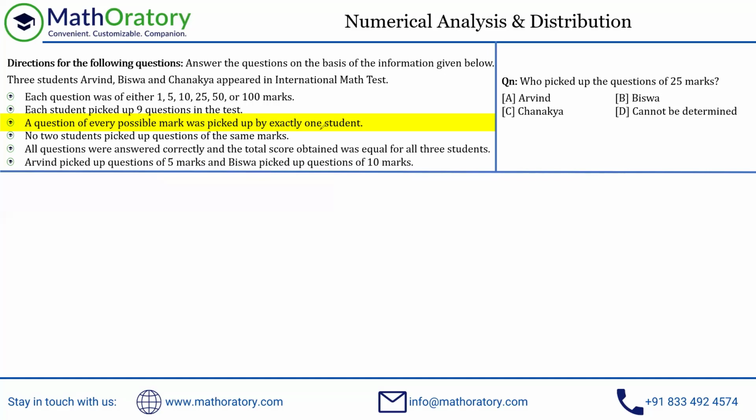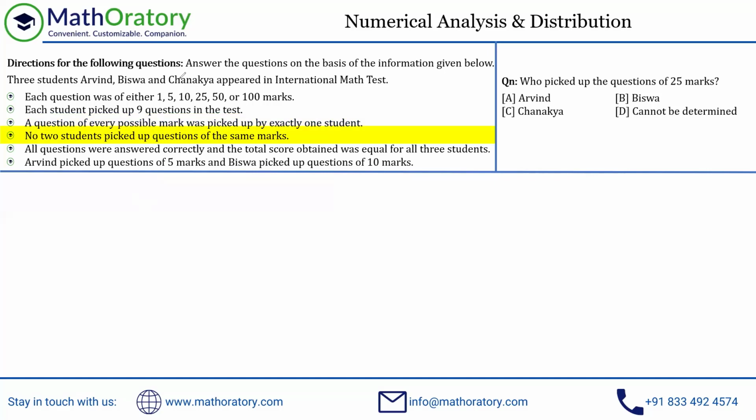But that person, whoever picks up, let's say, the 5 mark question, can pick up a lot of 5 mark questions, because they have to pick up 9 questions anyway, right? Because there are 6 different marks and everybody is picking up 9 questions, in totality all 3 students together will pick up 27 questions. So it is not possible that everybody picks up one question of each type of marks. Hence, what I understand is, number one, for a particular mark, one student will be allocated, and number two, multiple questions of that particular mark may be picked up by that student. It is a little interesting way to put the point, but we have to be a little careful about it.